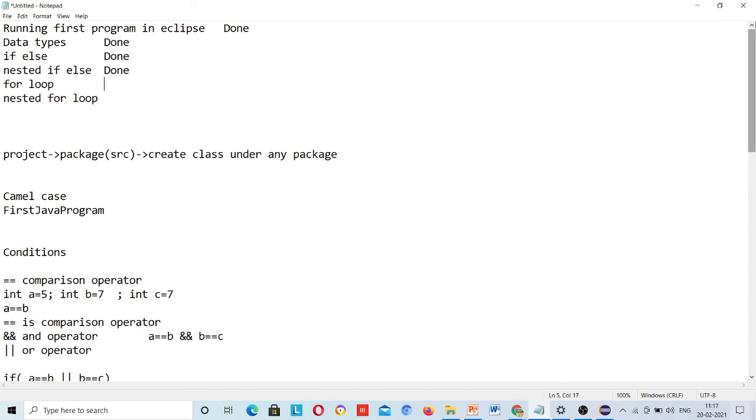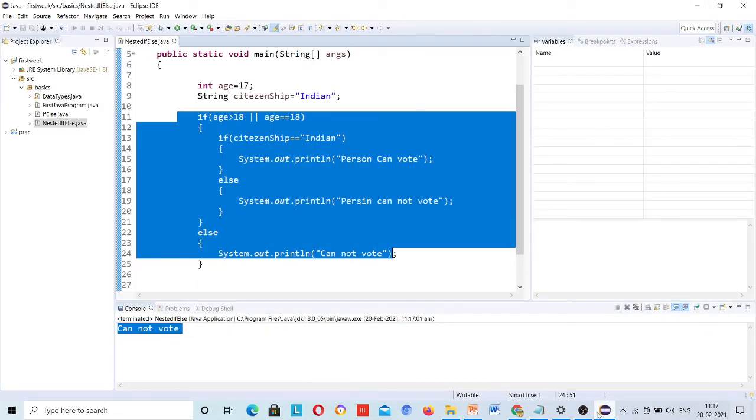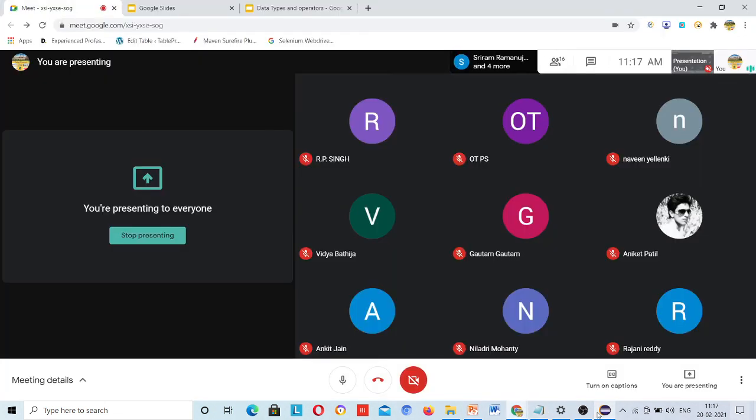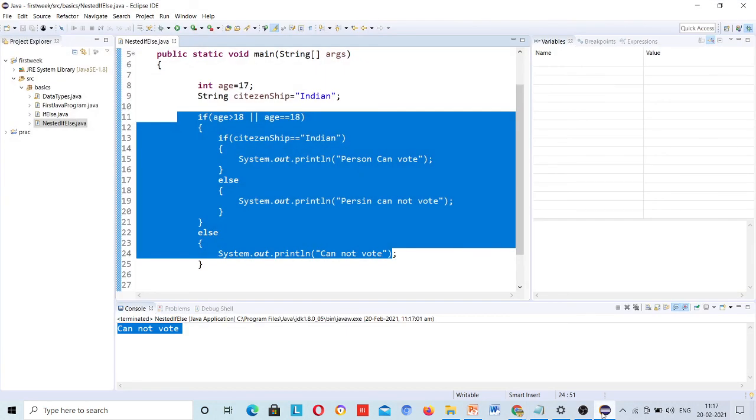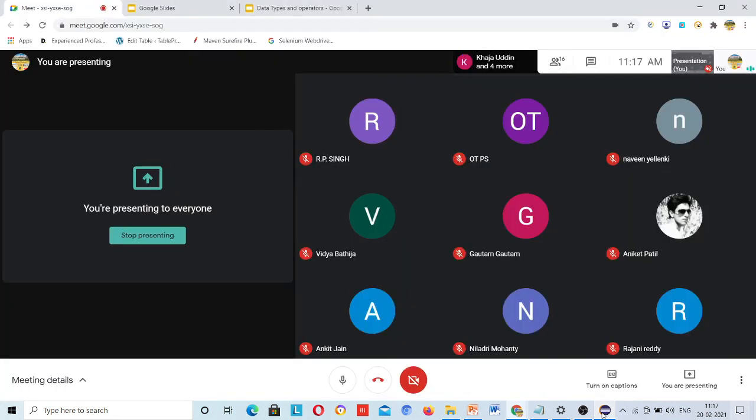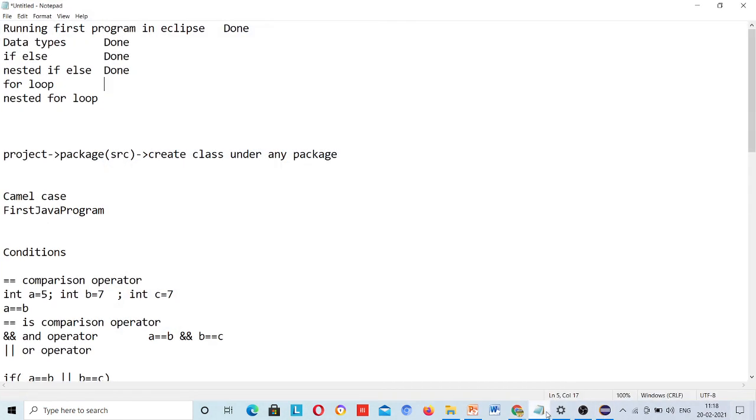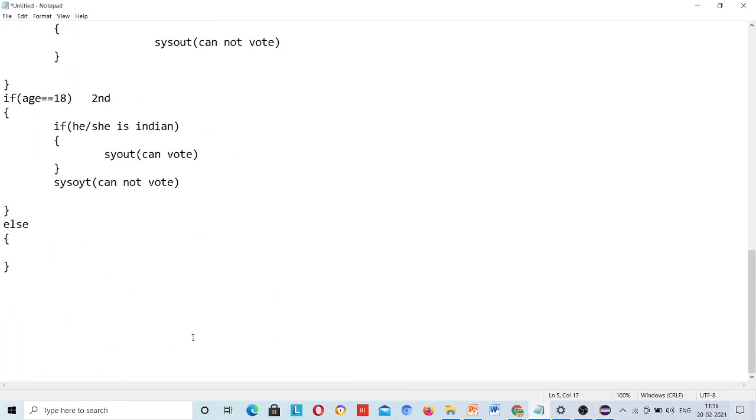this is for today. I will start the loop session tomorrow. I just want to start with some coding part. Also I have pasted some assignments in the mobile app. You can access those assignments related to if else. For loop I will cover tomorrow. So tomorrow I am planning to have a session. I will take the session as well, but 10 a.m.